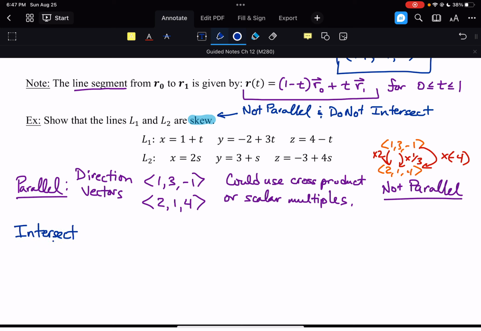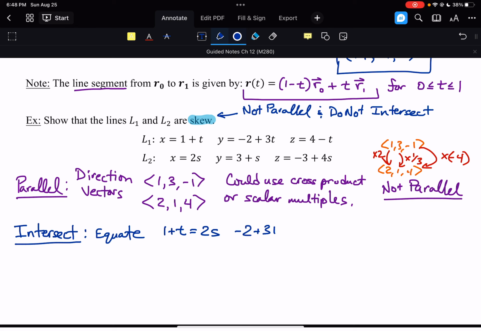do they intersect? In order to determine if they intersect, we have to see if they have any points in common. Or in other words, is there a point that makes them equal? So we're going to equate. So we're going to set the x is equal, the y is equal, and the z is equal to each other. So we're going to get 1 plus t equals 2s,